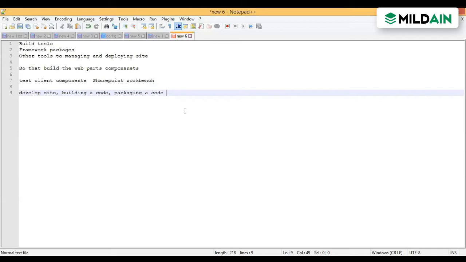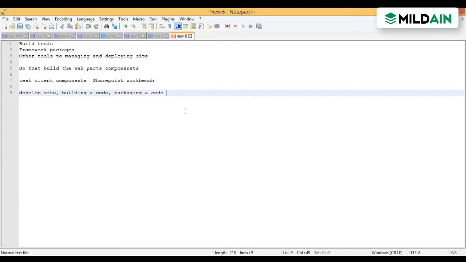We have a development environment, a stage environment, and the production environment. The client side will be the production environment, so before that we are testing on a staging environment. So SharePoint Workbench is just like a staging environment where we check the complete integration of different web parts, as well as a single web part's functionality.